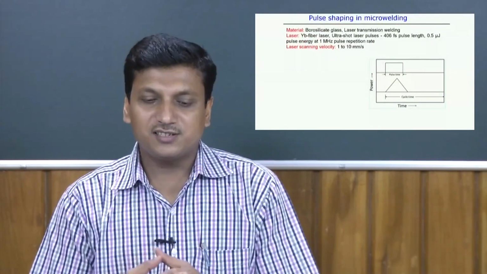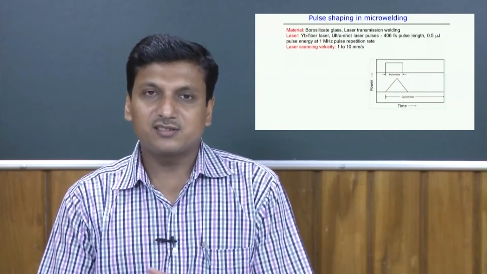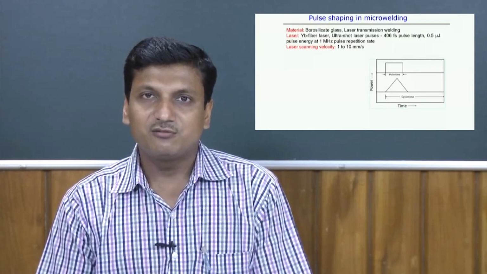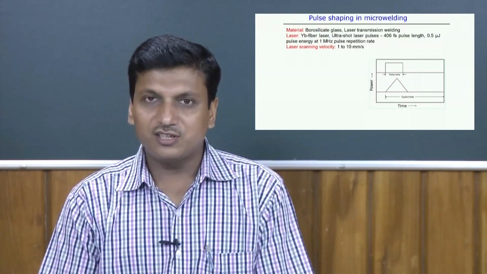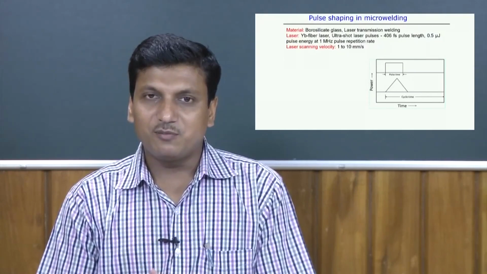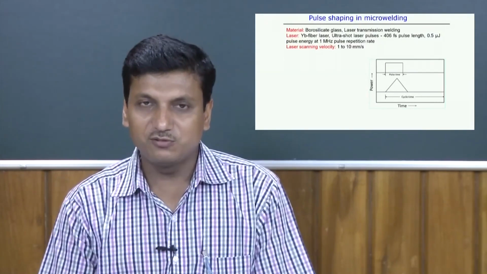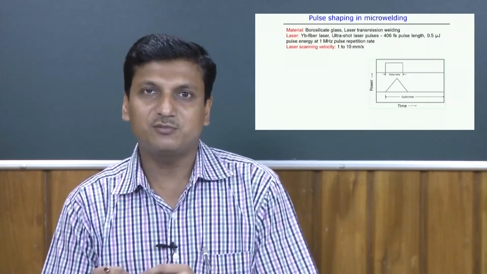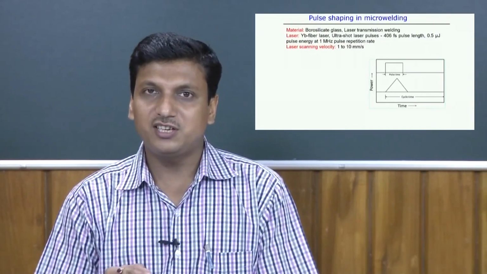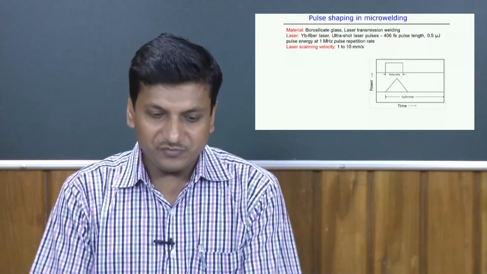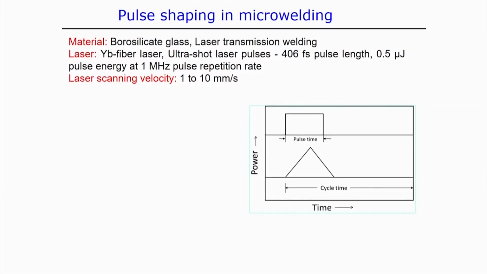Now, we will further analyze the shaping of the pulse in the micro welding process, and here we have tried to do some simulation. That gives the actual idea, or some feedback based on the simulation, so we can find out the difference in terms of the output parameter when there is a change of the shape of the pulse. Let us see that. Consider the material borosilicate glass, and the laser welding process is the